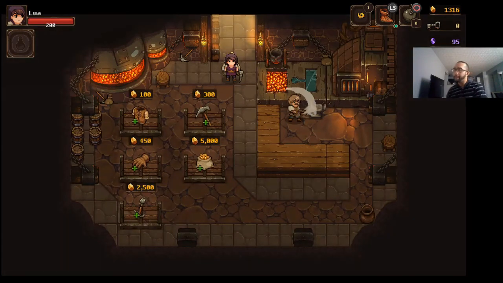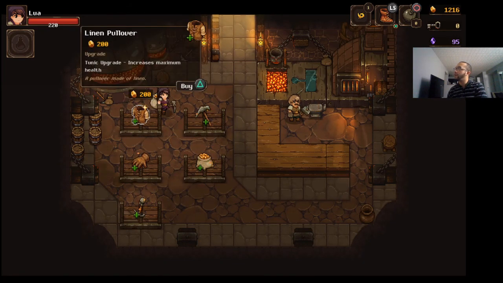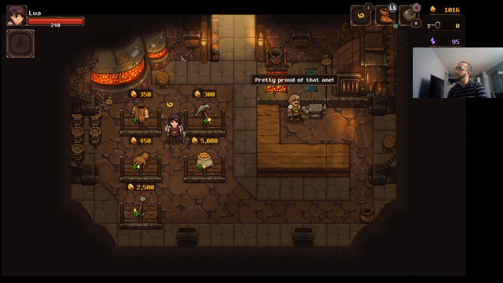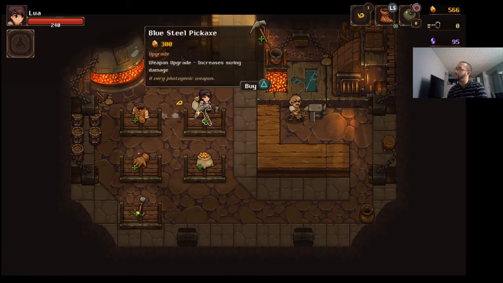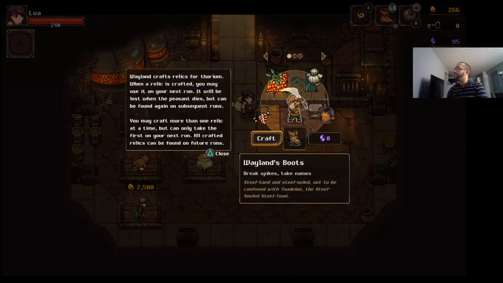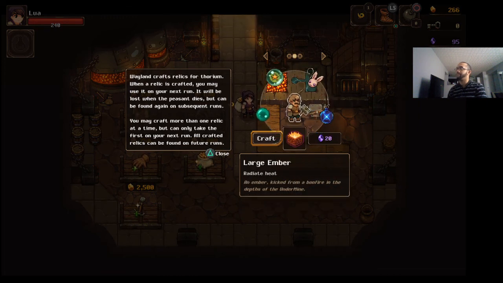Just thinking here. Okay. Let's go ahead and get some health. Start becoming a little sturdier. And then for crafting, yeah. Let's do,